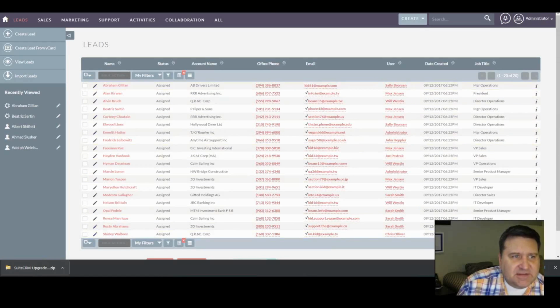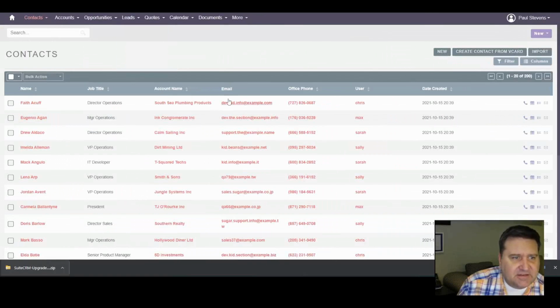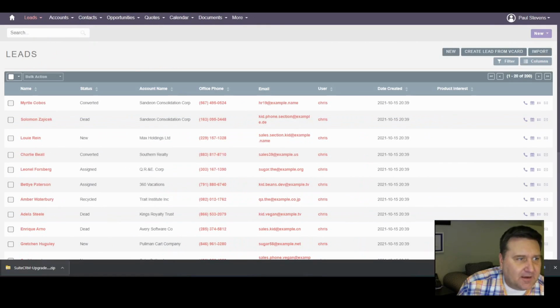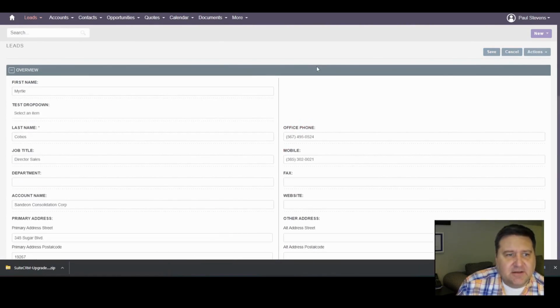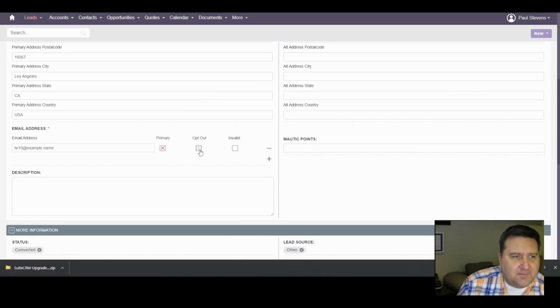So let's go over to SuiteCRM 8. As you can see, none of the emails have that check mark there. I'm not sure if there's a setting I'm missing somewhere, but I think I'm not. In leads, same thing, there's no check mark there. If I go and look at this contact and edit it, you'll see it's slightly different. There's no other option here. I guess it assumes that they're opted in